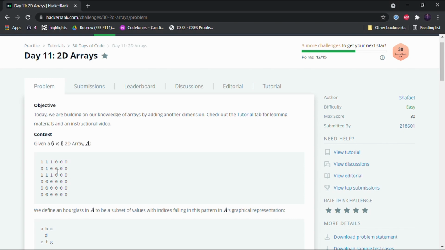So take a look at this 0 right here. What is its i value? That is the row value. So we start from the first row, which is 0, and this is the second row, which has index 1. So i is equal to 1, and then we'll have to look at the column. This is column number 0, this is column number 1, this is column number 2, and this is column number 3. So the representation of this element is a of 1 in the first square bracket and 3 in the second square bracket. The first square bracket represents the row position and the second square bracket represents the column position.